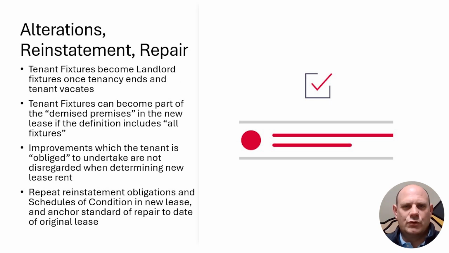So when it comes to lease renewals under the Landlord and Tenant Act 1954, everybody focuses on the headline issues: rent, term length, break clauses. But there are areas that are often overlooked and will not become apparent until it's too late, with serious consequences. And we're talking about tenants' fixtures, reinstatement obligations, and the standard of repair, for example. So let's start with fixtures, because this is where I've seen the most expensive mistakes being made.